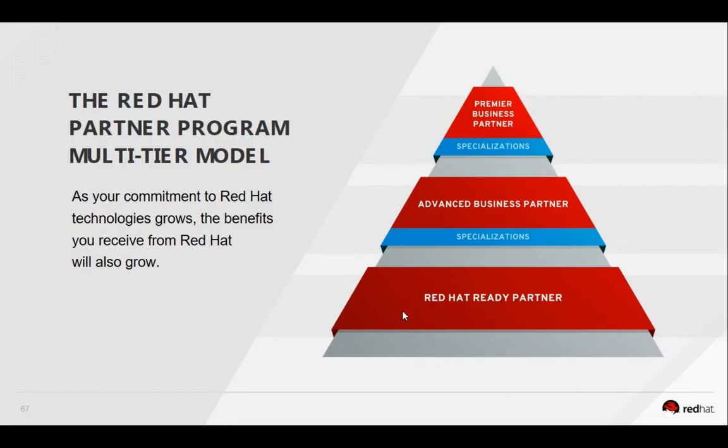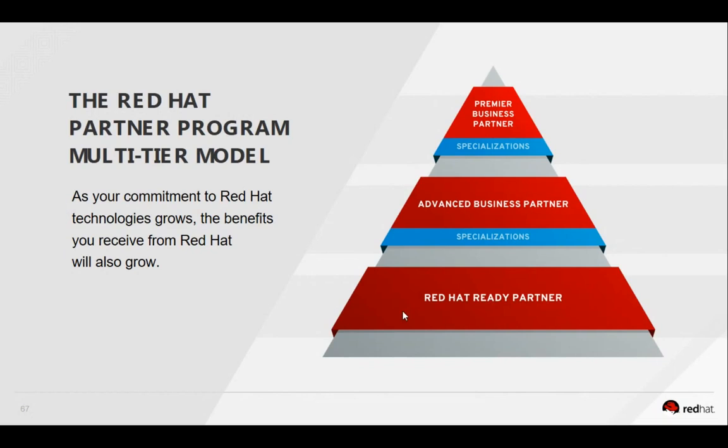So we have different specializations in Red Hat. We categorize them into three. Either you start with platforms, which is the infrastructure bare metal level technologies like Red Hat Enterprise Linux and Ceph and Gluster, and automation, right? Next is cloud infrastructure. So that is another specialization. If you want to create your mark only in the cloud related technologies, then you can go for the cloud specialization of Red Hat.